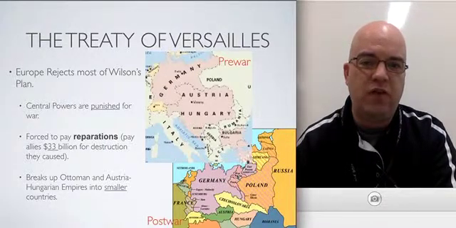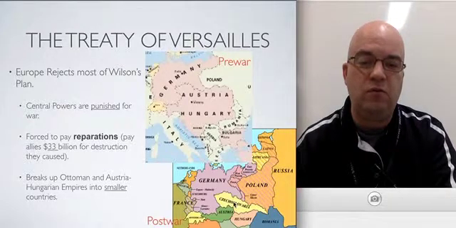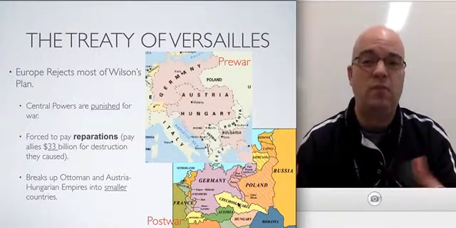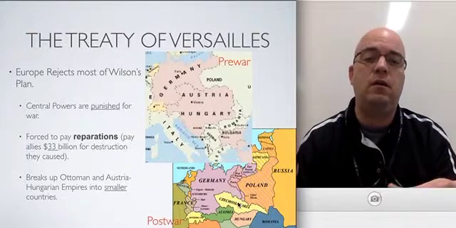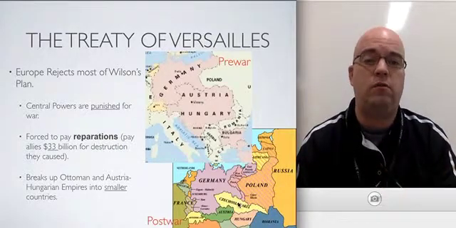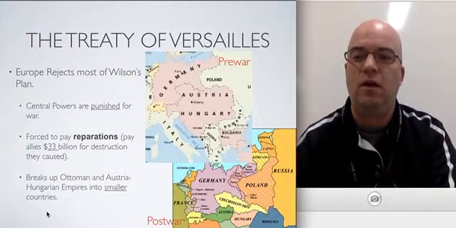There's some different countries added here along the Baltic Sea, but Austria-Hungary is broken up into different countries of Czechoslovakia, Austria, and Hungary. Romania is a little bit larger, but there's kind of some redrawing of some borders, especially in Europe, and even in some of the colonies of the Central Powers as well, especially in places like the Middle East. The maps are completely redrawn, which is going to create some future tensions down the road. There's a teaser for you as we get going here.